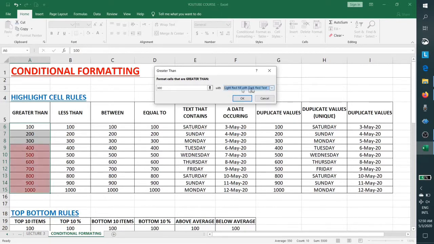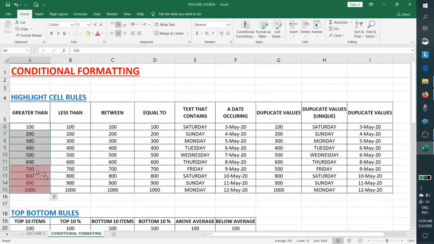Let us keep it light red and we'll make it 600. We'll press OK, and so our first highlight cell rule is already applied on these cells.